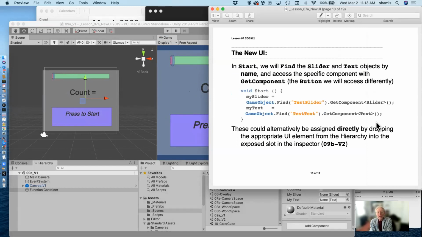Now, when you make a new script, it comes up with the default usings. It comes up with a start function that's empty and an update function that's empty. What I'm putting in the start function, which, as it sounds, happens when the object starts, I'm going to use